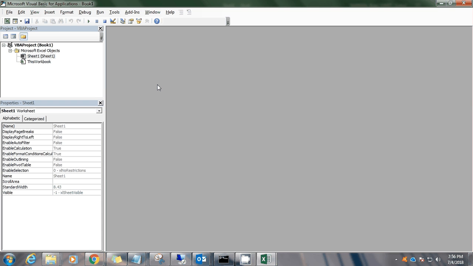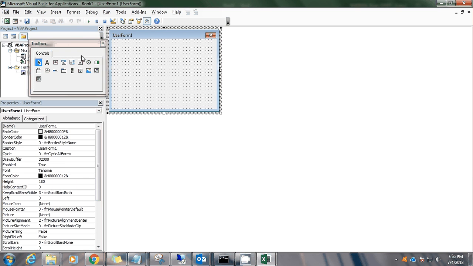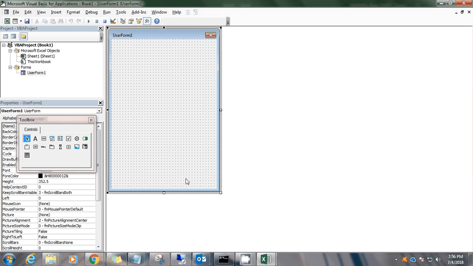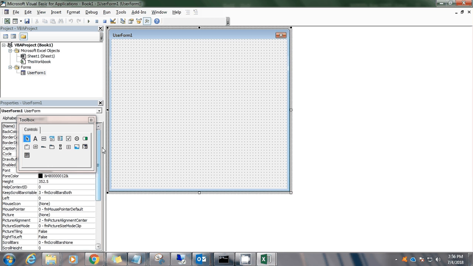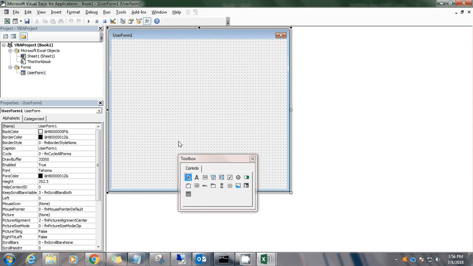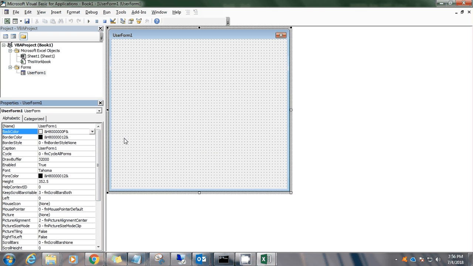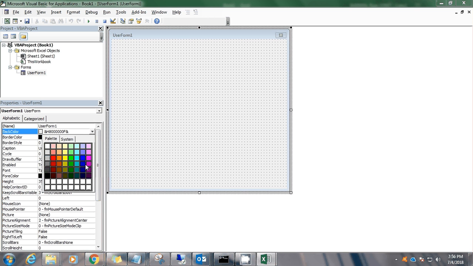The first thing that I have to do here is insert a user form. So all you have to do is click Insert and then User Form. A user form is something like a user interface where a user clicks on a button or any other objects. This is very common in the Windows operating system. For now, I'll add a background color to this user form. So the back color, choose this one,